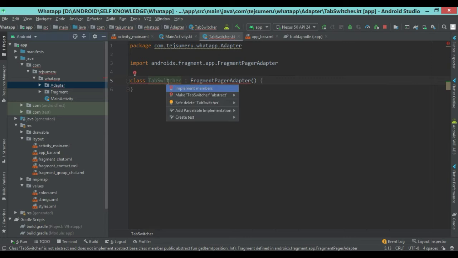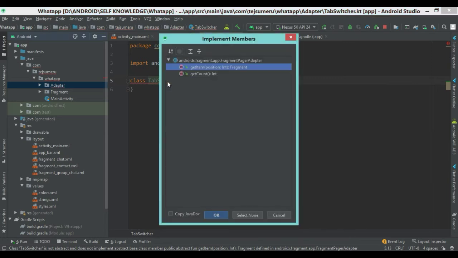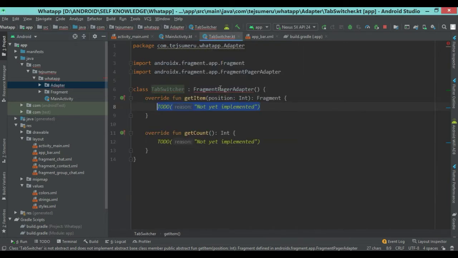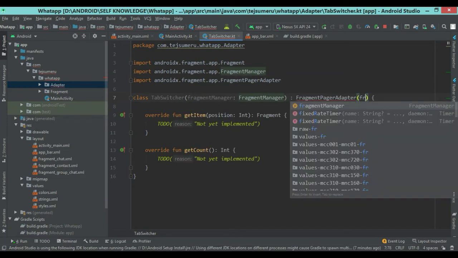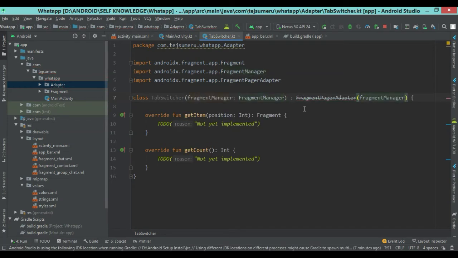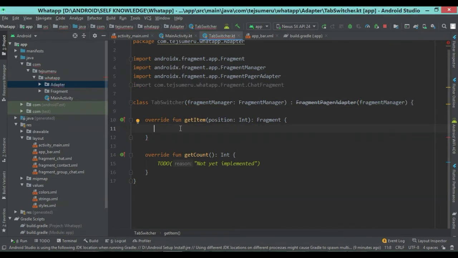You press enter and implement members, and implement both these members. Now we are passing a variable as fragment manager, and passing here fragment manager. Okay. Now inside this, we are using when.